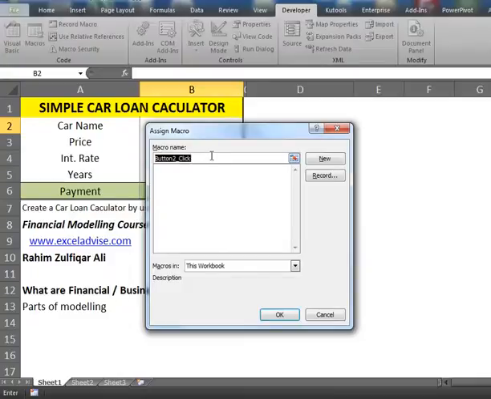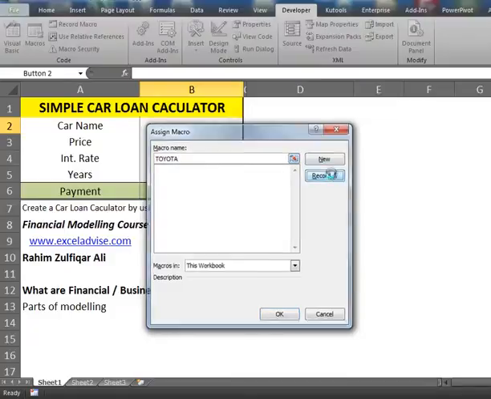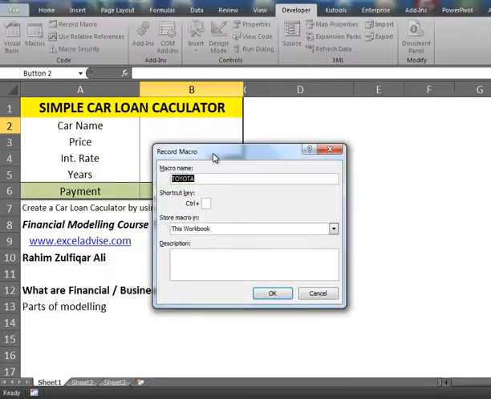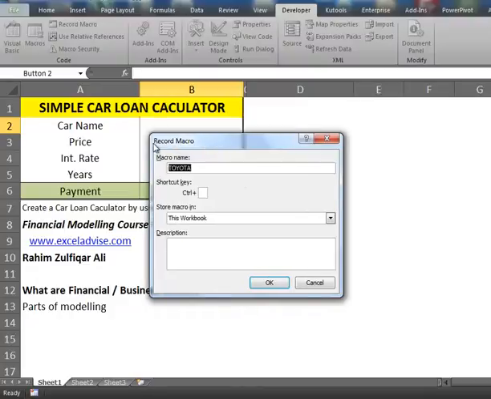We will give the macro name Toyota and click on Record. The Record Macro screen will appear, asking for a macro name, that is Toyota, and a shortcut key. If you want, you can give a shortcut key, or you can skip this step and press OK.